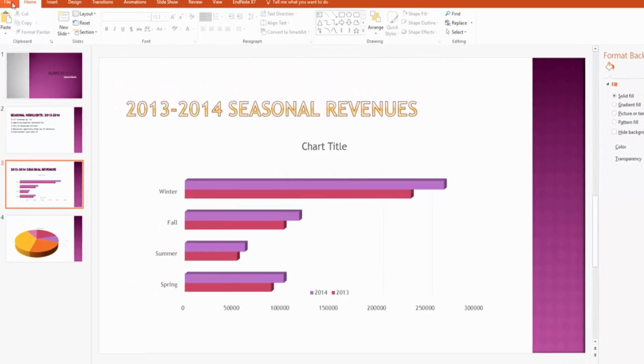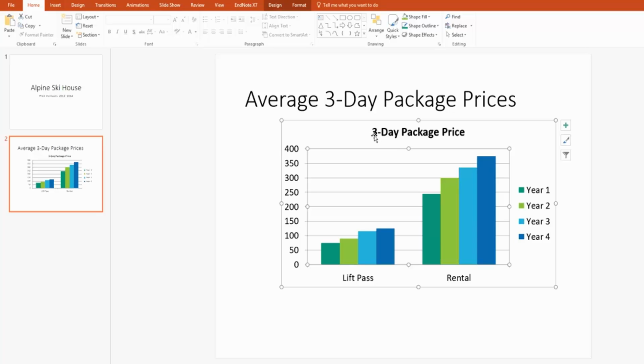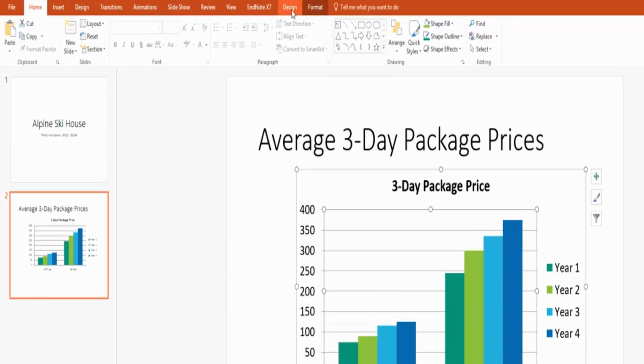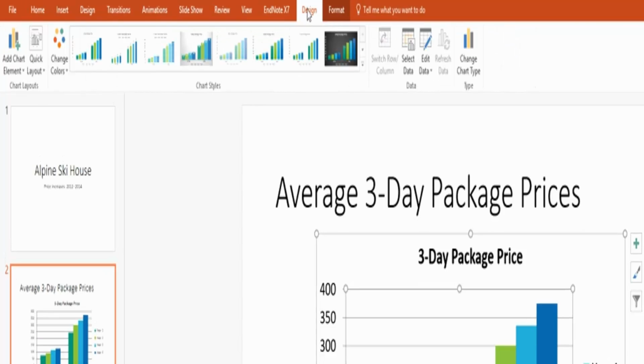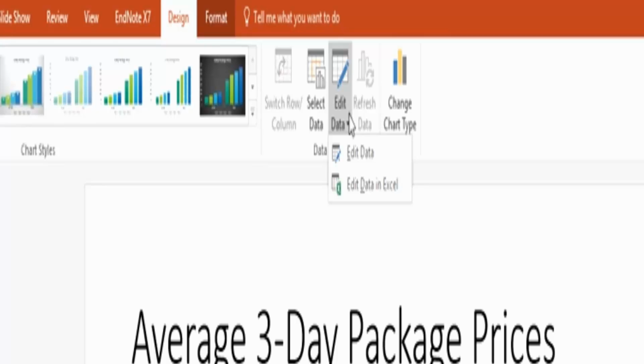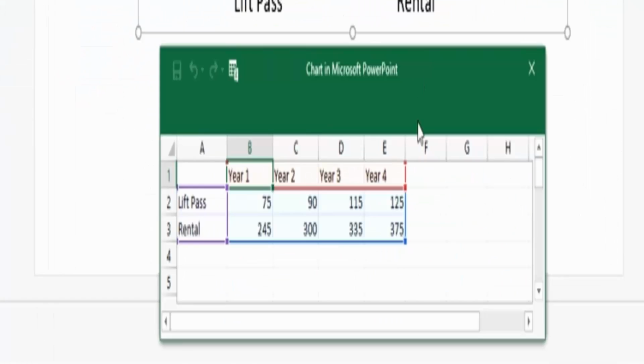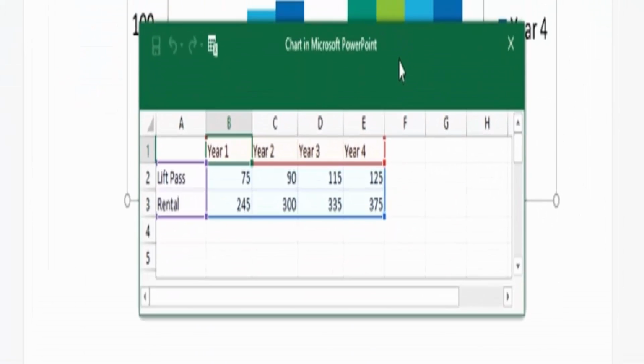So, and then we're going to click on the chart to select it. Then in the Chart Tools Design tab, so right here, click on that, and then we're going to click on, so you can also edit data if we have to. If you ever make a mistake or have to edit the data, you can do that here. So edit data, and then, so we see that worksheet window again that pops up,